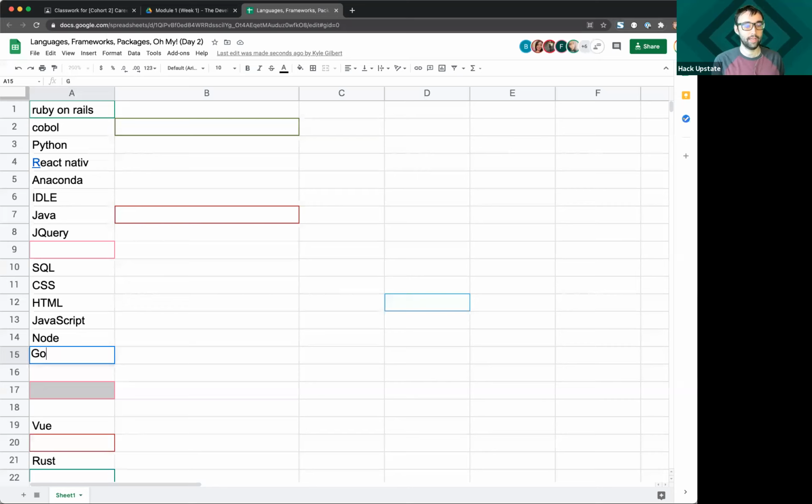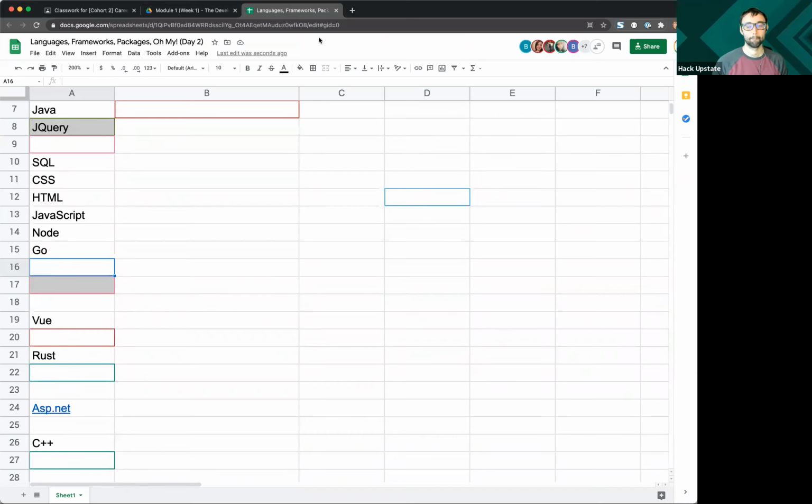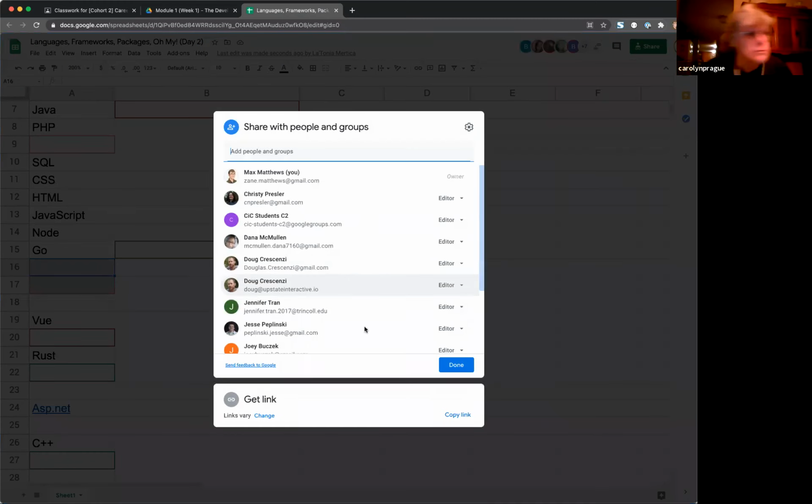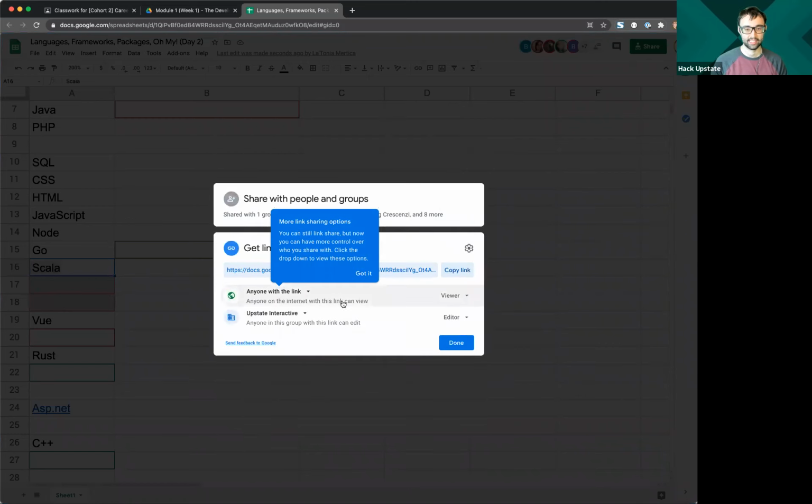Go is a good one. I'll get that added. And I'll also put the link to the spreadsheet. Oh, I'm sorry. I just sent that to one person. The link is in the Zoom chat if you want to just pop it open from there. Now make sure everyone has edit access to this. And then if you sent me your Gmail through that welcome form, we'll make sure that you get access on the group very quickly.